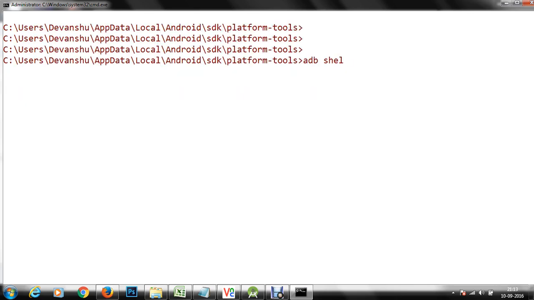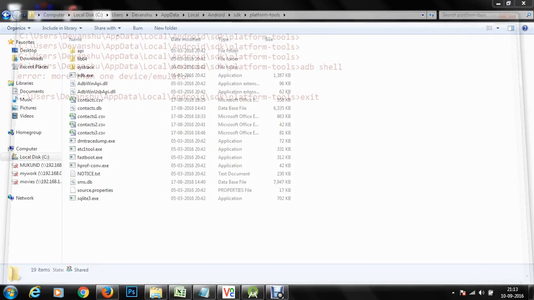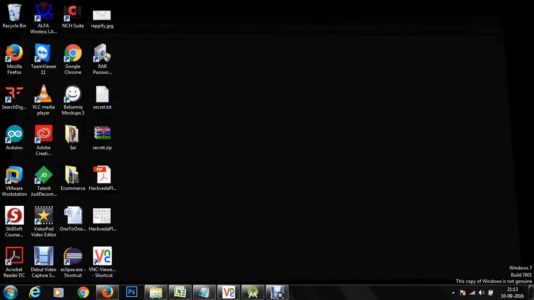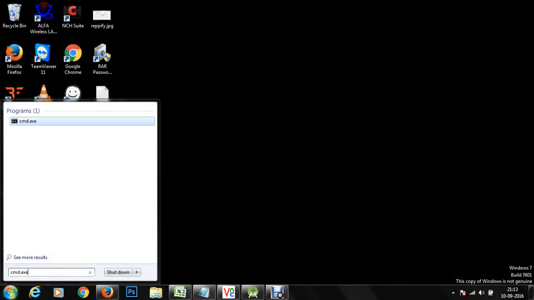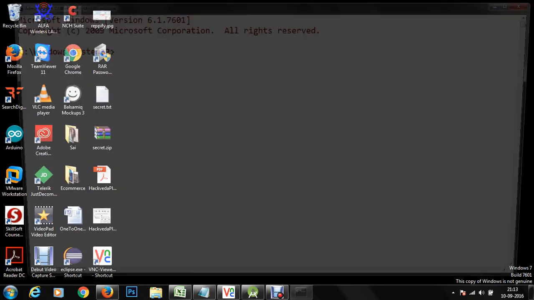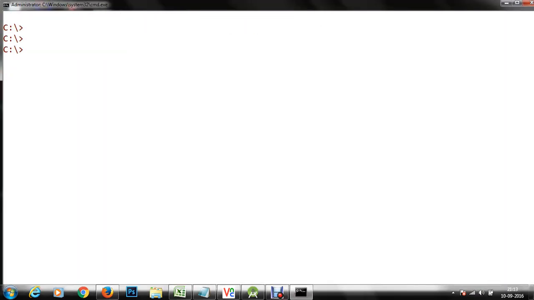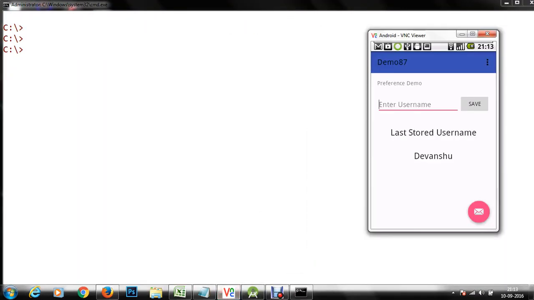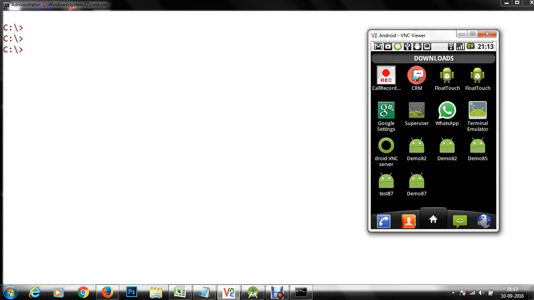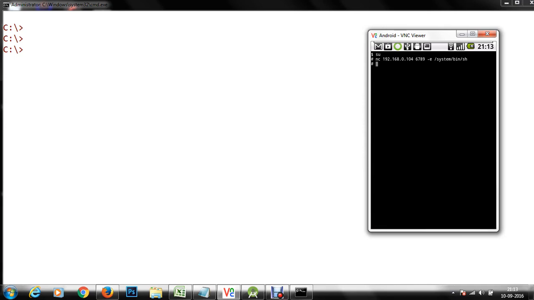Okay, again we had to add that. So in that case I'll just connect that with the shell again. Inside the shell, I'll get back to the terminal emulator for a minute, and I'm going to listen for the connection again, nc -lvp 6789.